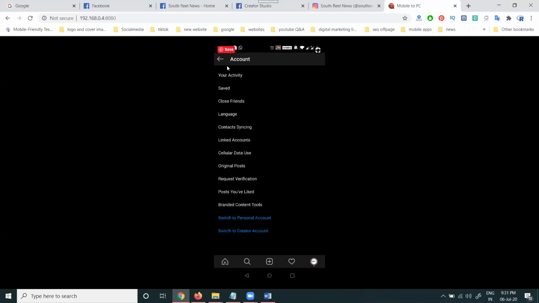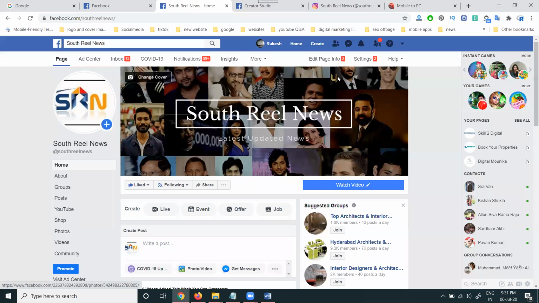And if you need to connect, that is important too. We can connect to another page also, easily. No worry about that. After disconnecting, if this page is not required, we can connect to another page. One Facebook page can connect to only one Instagram account. Suppose Instagram is already connected with one page; if you connect another page, it is impossible. One Instagram connects to only one Facebook page.